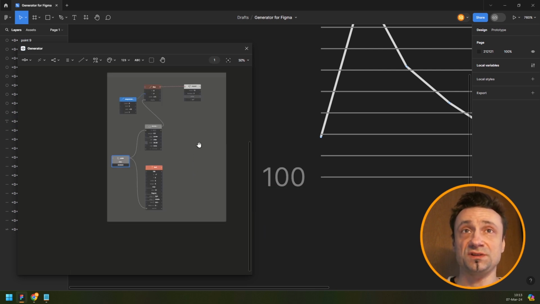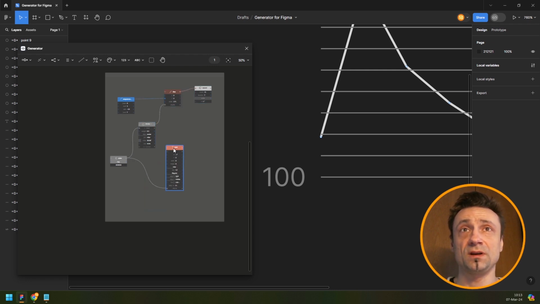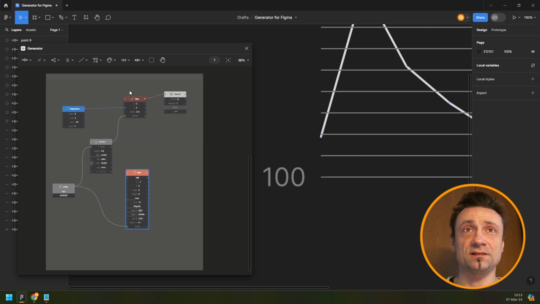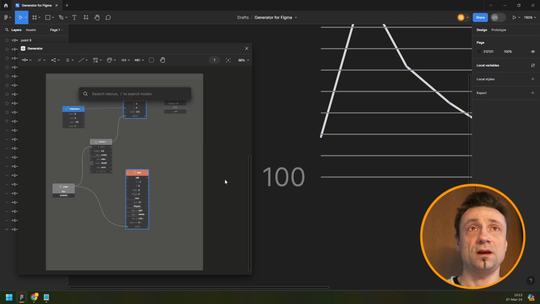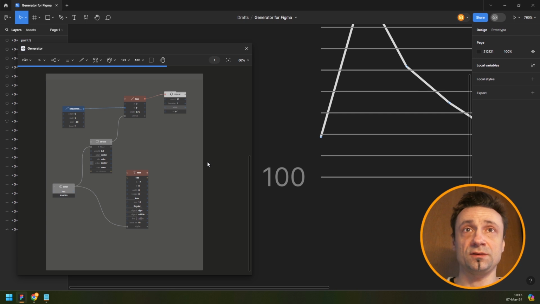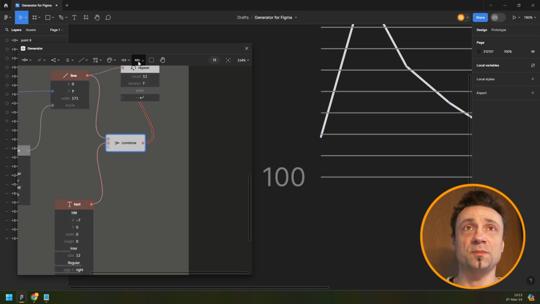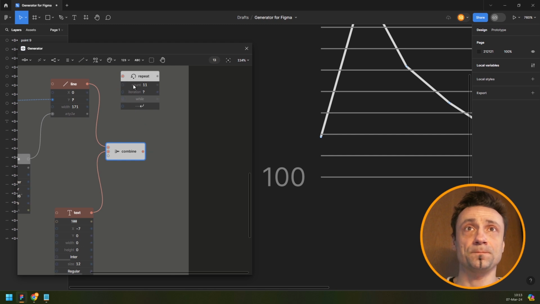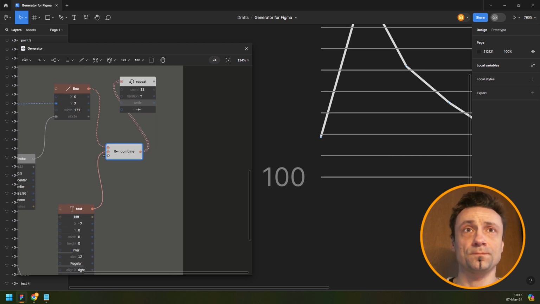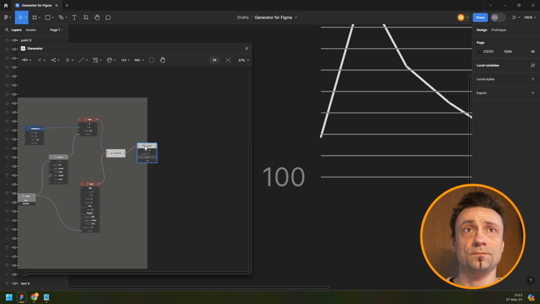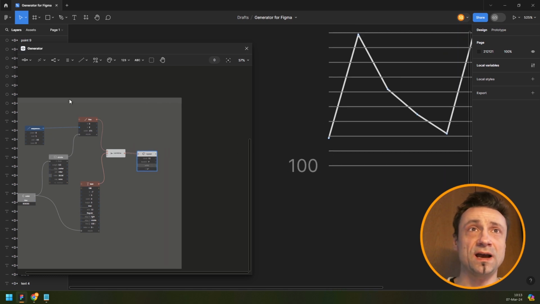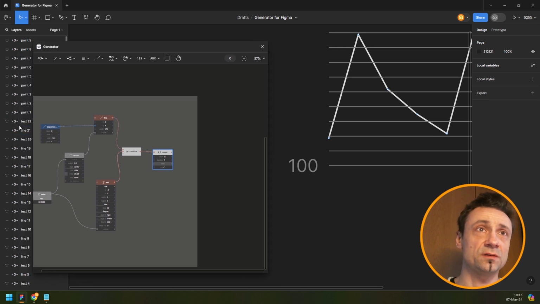Now there's one of these numbers, so I need to repeat not just the line like so, but also the text. So what I do for this is I select the line and the text. I find the combine node and I Control Enter to connect both of these into a combine automatically, and then I just reconnect the combine into the repeat. What's happening now is that we do have our 10 numbers, but they're in the same spot because we haven't